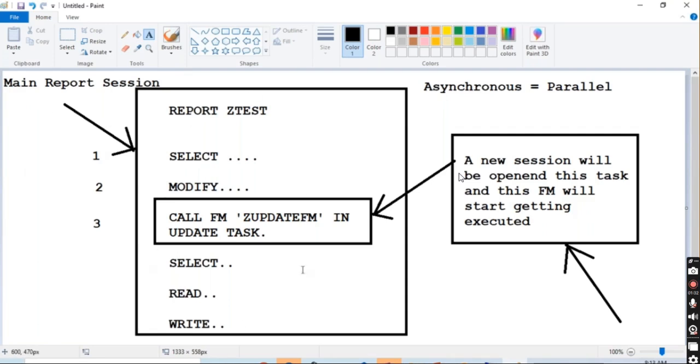This complete session is going to run, and this particular function module is going to run in a different session because I'm using the update task. If it is the normal function module, it is going to be called, what I'm trying to tell you over here is that